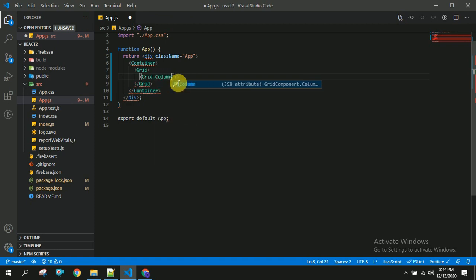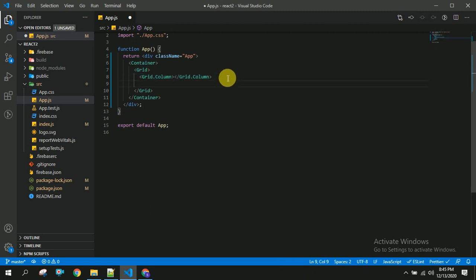Basically, it is similar to Bootstrap. We have two images, and the next column is buttons.